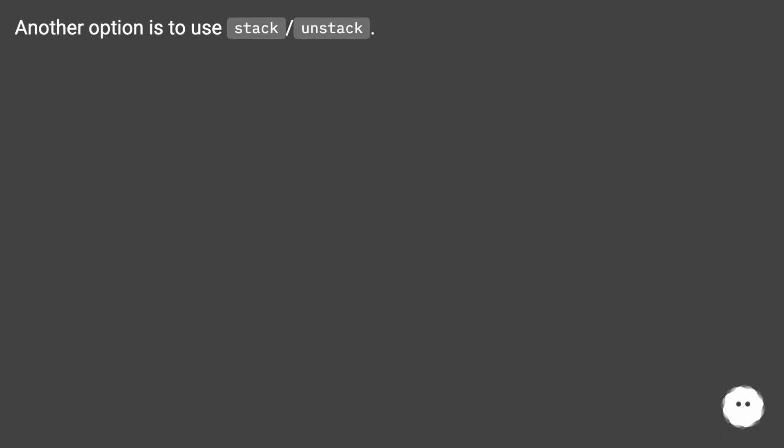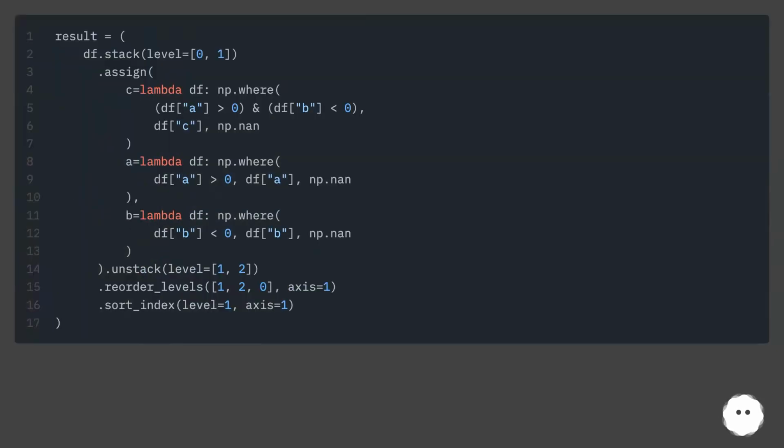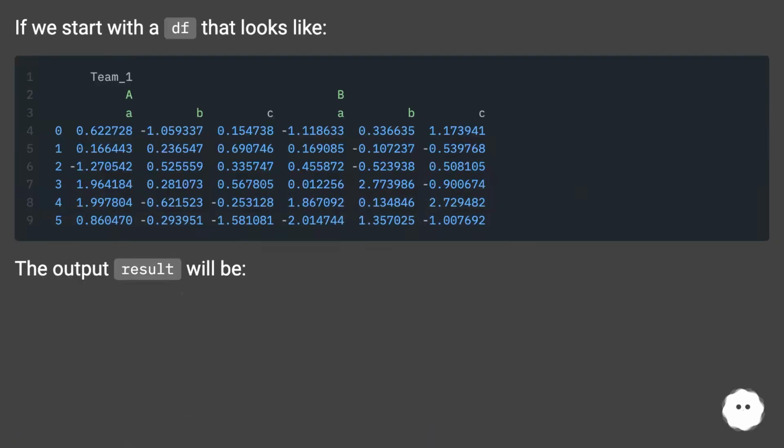Another option is to use stack, unstack. If we start with a DF that looks like, the output result will be